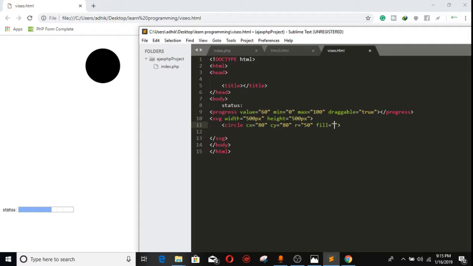Fill is equal to, suppose I like to put it red. Save it. Okay, you can see in this way you can change the color of the circle. So in the same way you can draw a rectangle